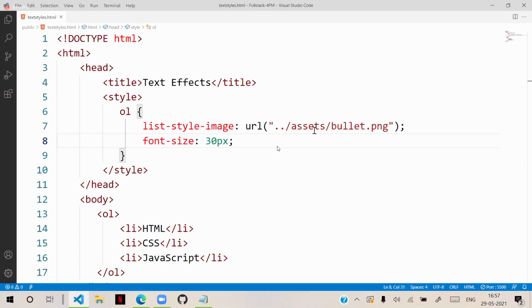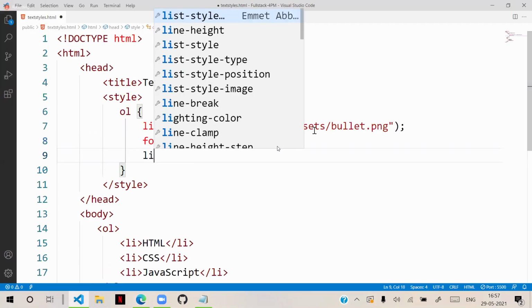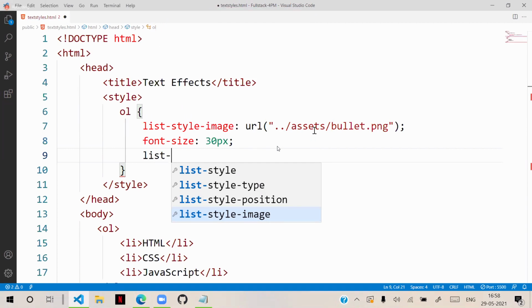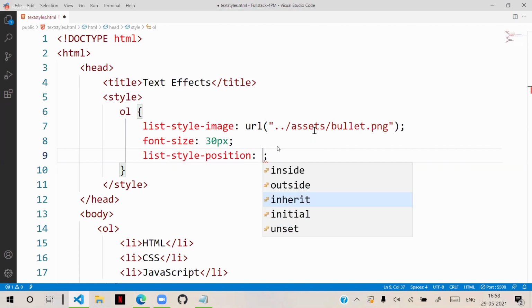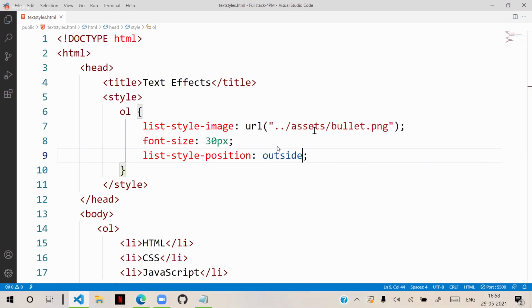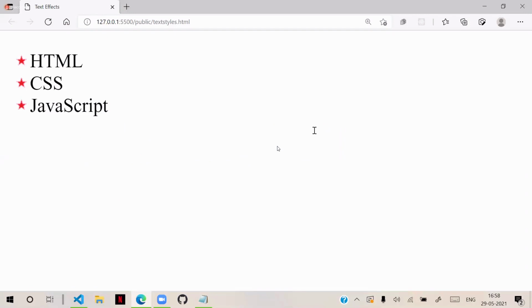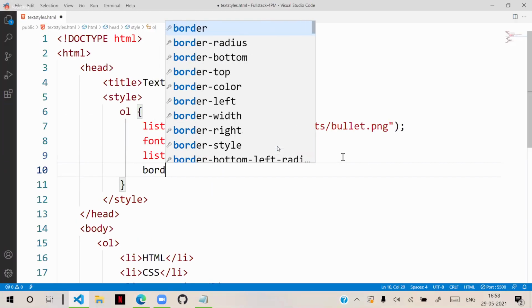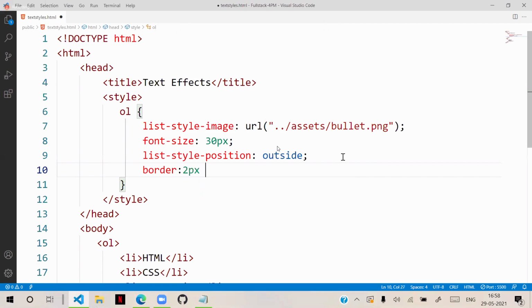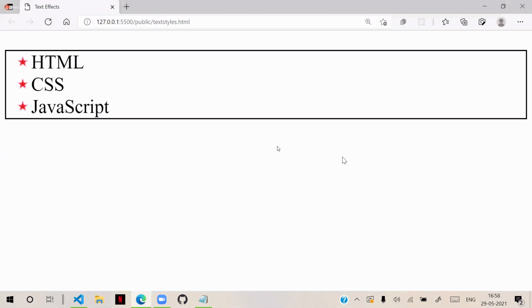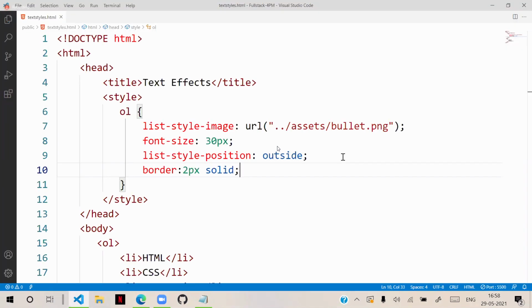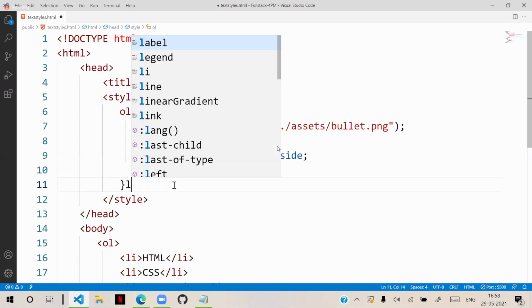We have list-style-position, with inside and outside. Generally, inside and outside is visible only if it has some border. Suppose the ordered list has a border of 2 pixels solid. Generally, you give the border for the list item, li.